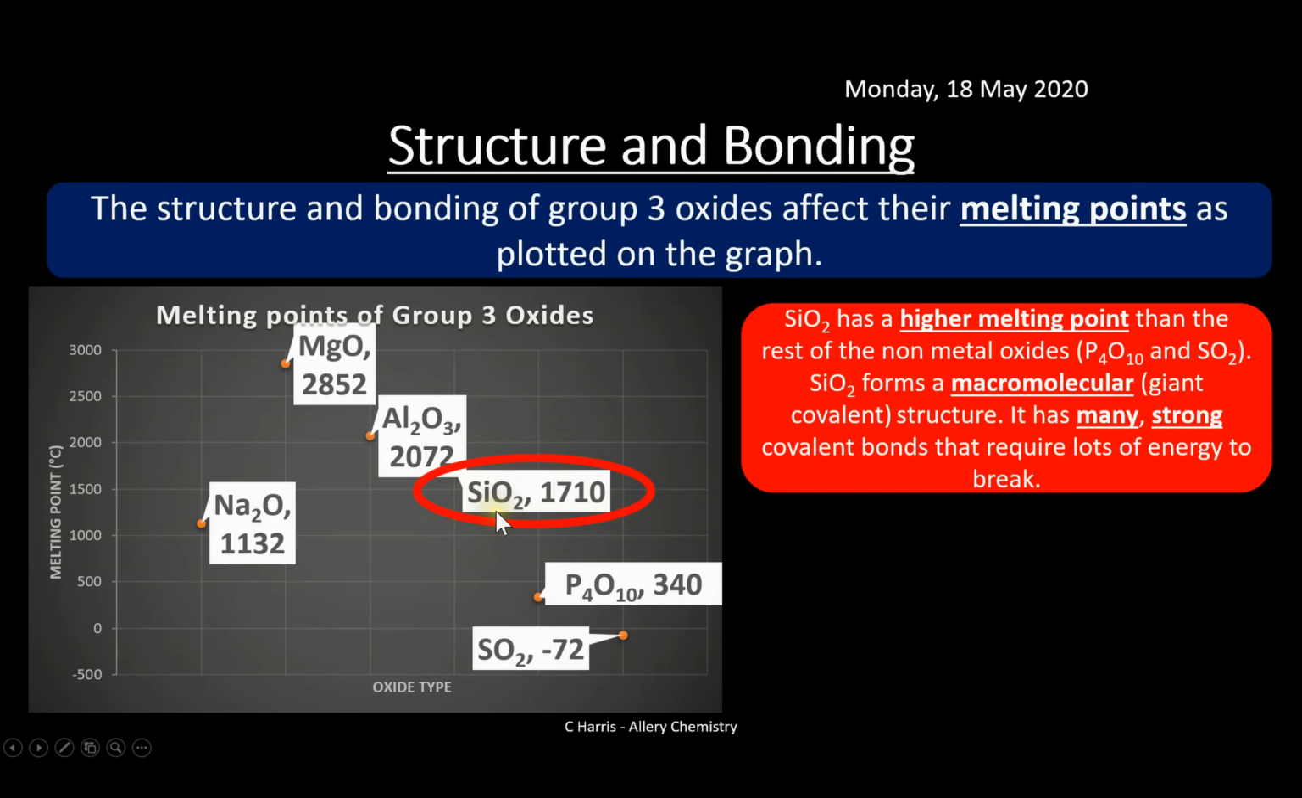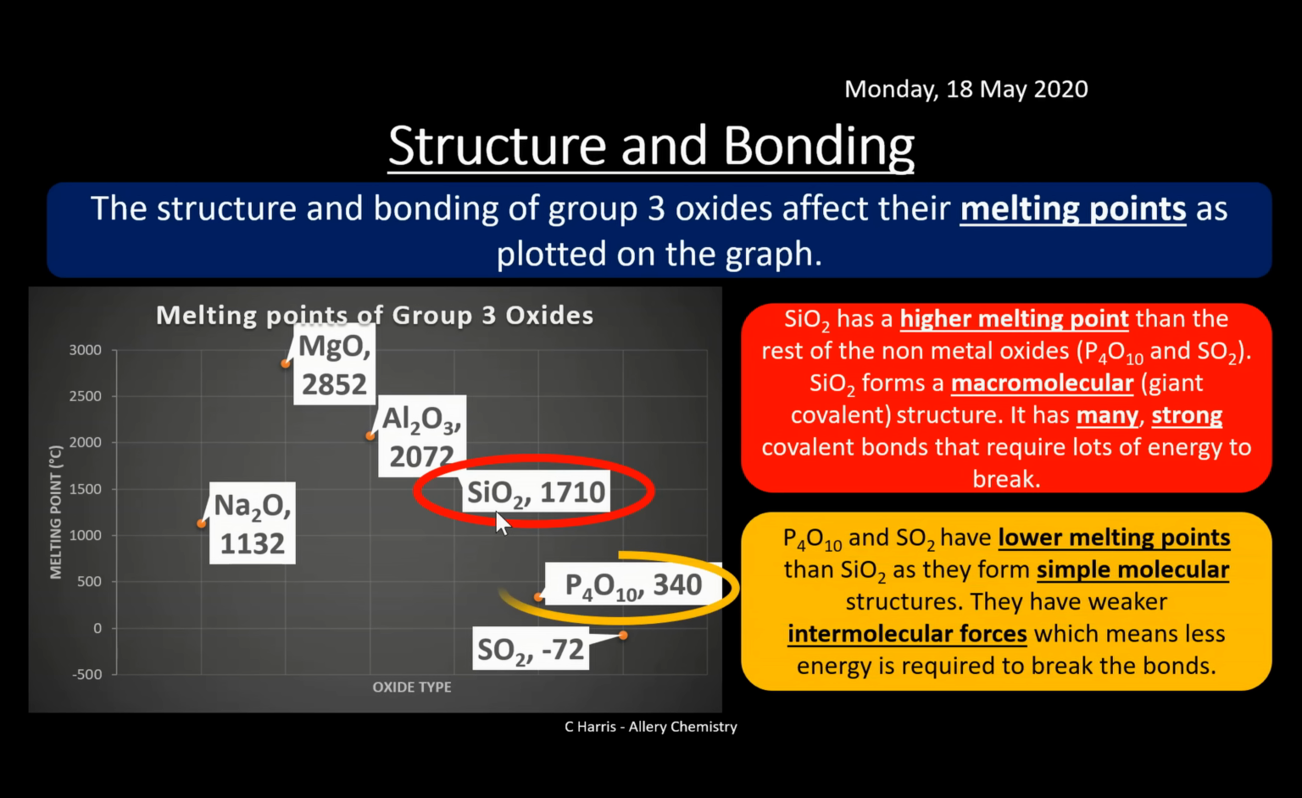The reason why is silicon dioxide actually forms a macromolecular structure. This is a giant covalent structure. It has loads of strong covalent bonds that require loads of energy to break apart. And so silicon dioxide, the structure is very similar to diamond. It has this massive structure, and anything that's like that, as you may have known from year 1 chemistry, your giant covalents take a large amount of energy because they've got many strong covalent bonds that require loads of energy to break. Okay, meanwhile, the other two, phosphorus and sulfur oxide, so phosphorus pentoxide, which is P4O10, and sulfur dioxide,